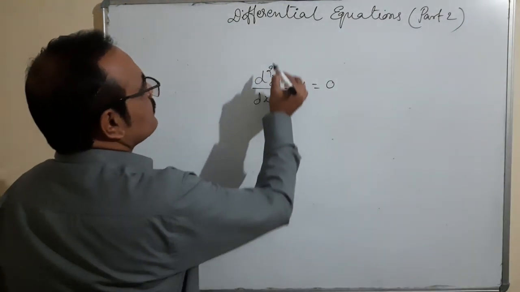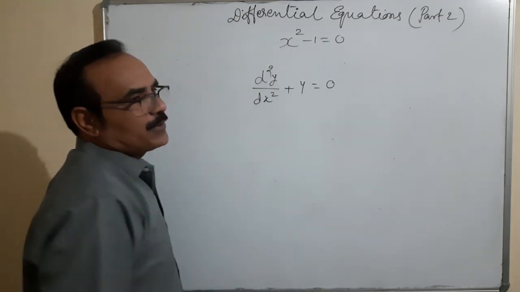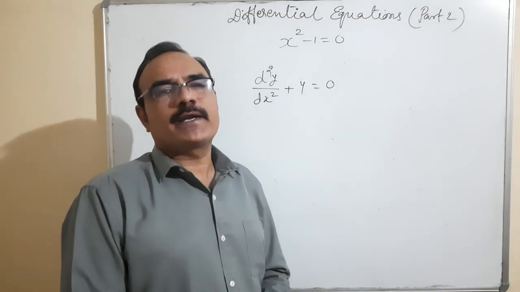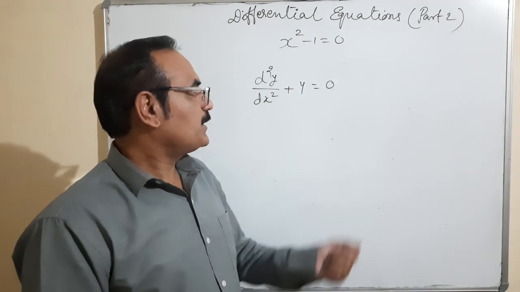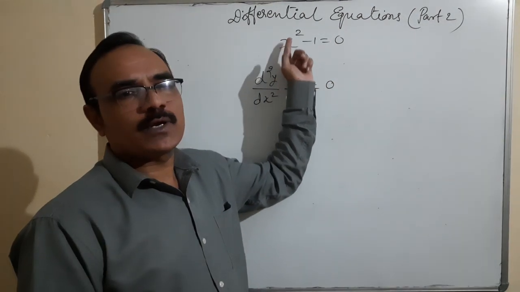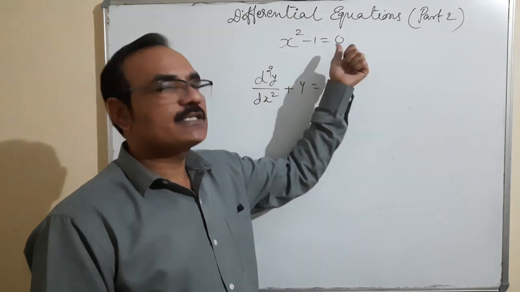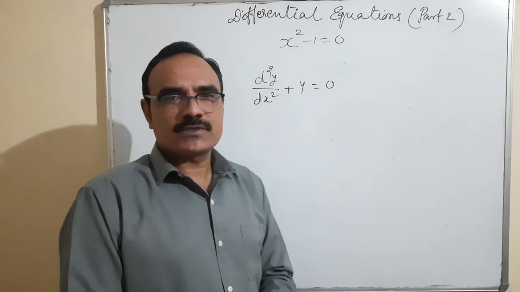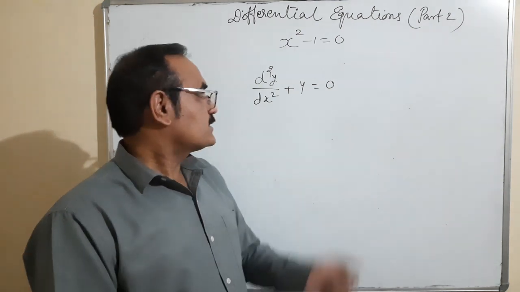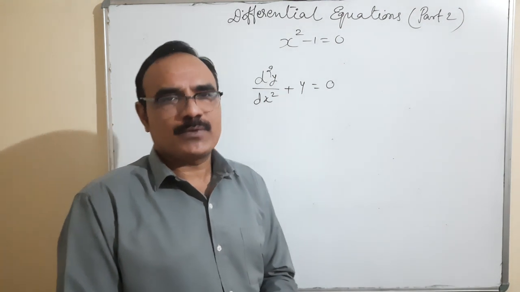It's the same as if a quadratic equation x square minus 1 is equal to 0 is given to you, and I ask you what the solution of this quadratic equation is. Simply, you will find the values of x. You put x is equal to 1, square of 1 minus 1 is equal to 0. So one solution, one root, is 1, and the second is minus 1. So there are two different roots, two different solutions of this quadratic equation. Same as this, we are going to find the solution of this differential equation.